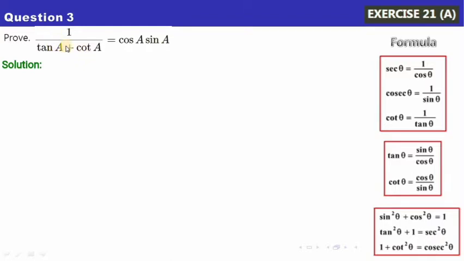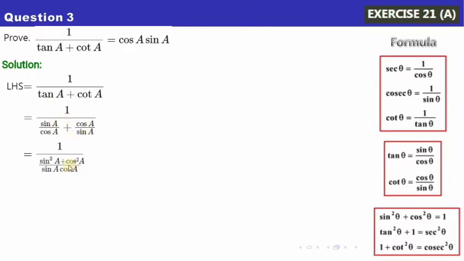This can be done, since tan can be changed into cos and sine if I use this formula, isn't it? The same happens if I use this formula for cot A. As I have said, I have done the same thing. So tan can be written as sine by cos, and cot can be written as cos by sine, and in the middle we have plus sine. Now in the denominator, if you see here, this entire thing is the addition of two fractions, and for that what you do is you take the